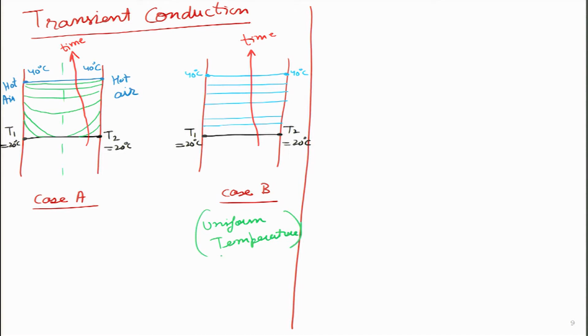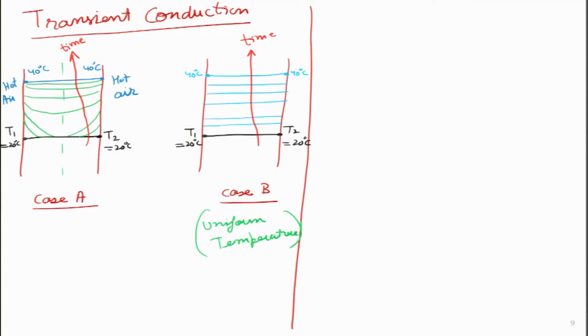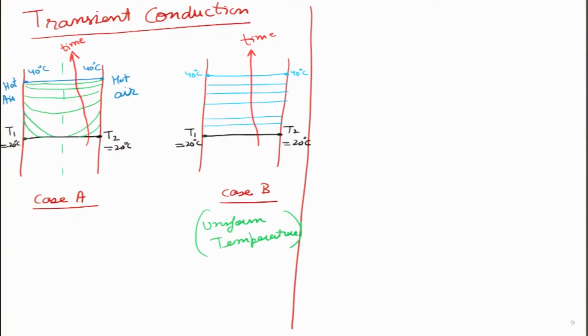And why am I beginning this lecture with this type of comparison? It is just to illustrate one particular point: if we have to achieve some difficult target, or learn some difficult topic, it's always better to divide it into small parts and first study the easiest part. Just like if you have to take a big step, we can take small steps. So in order to introduce transient analysis, it is best that we look at the simplest case, where a body has uniform temperature throughout, and technically we will say that the whole body we can lump together. So it is called lumped analysis.